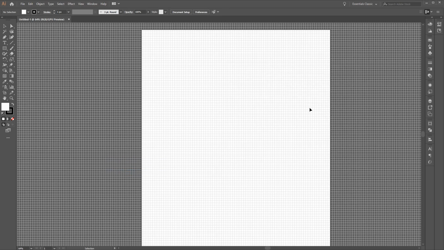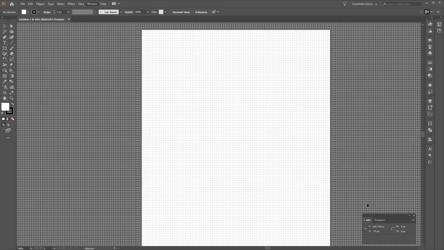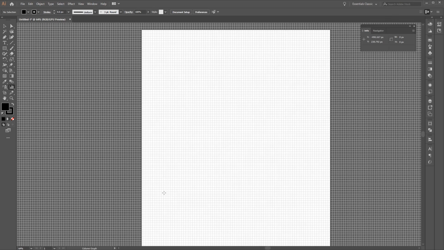Now we also want to open the info panel, so let's go to Window and select Info here. And this will enable us to look at how we are positioning our shapes and the size of our shapes, which will help in the creation of our pie chart. Awesome. Now that we've got our document set up, let's go ahead and double click on the column graph tool